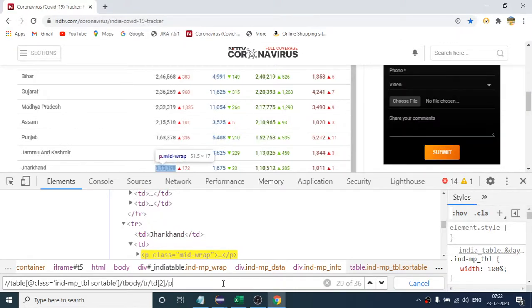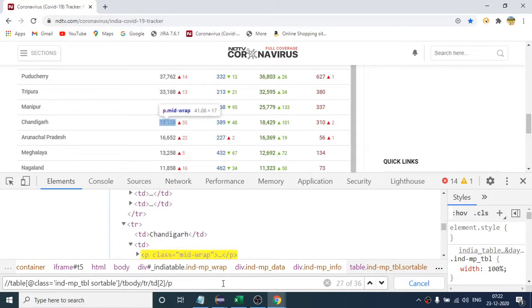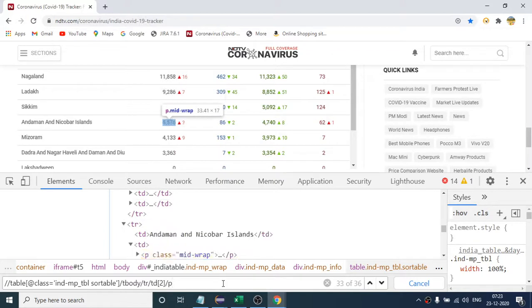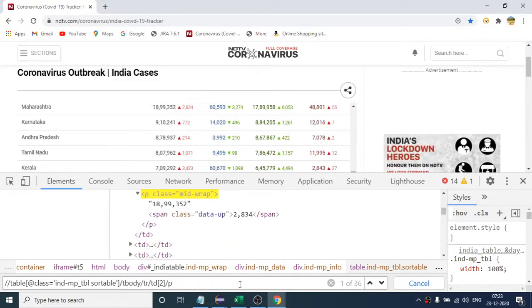Now I will simply use the find elements method, just like we did in the calendar in the previous class, and that find elements method will give me all the numbers. So this part is clear to everyone, how we have written the XPath. Okay, so you can see we reached the 36th entry, and when I hit enter again, it will start again from number 1. So now you can use the get text method.